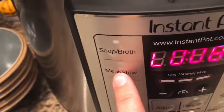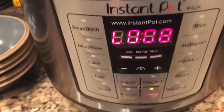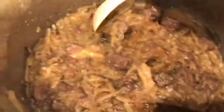All right, I had my Instapot set on meat stew, and it had a 15-minute timer on it, so I just let it do that. And then I did a quick release, and it is done. And it looks delicious and smells amazing. I wish you could have smell-o-vision. It smells really, really good. So this is the finished product. Nummy,